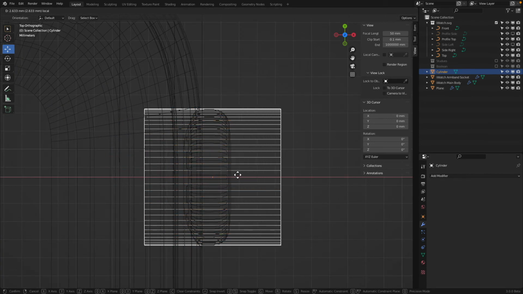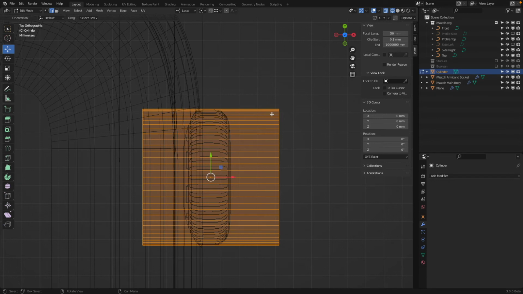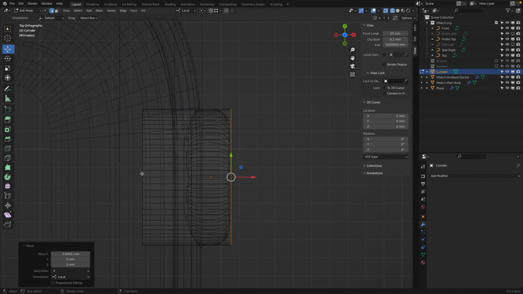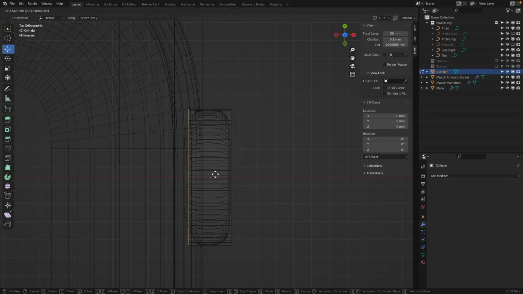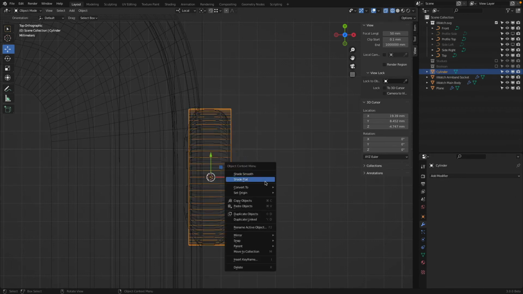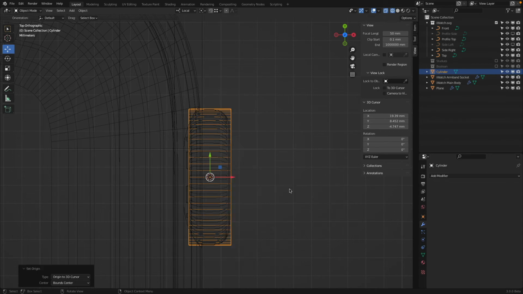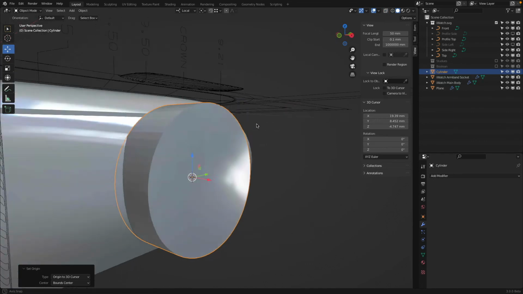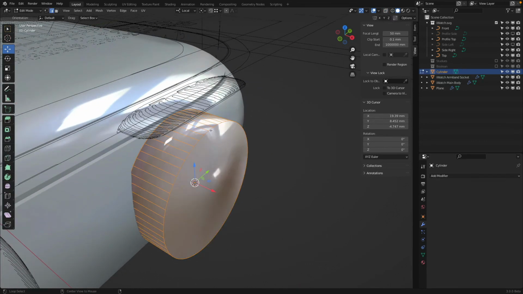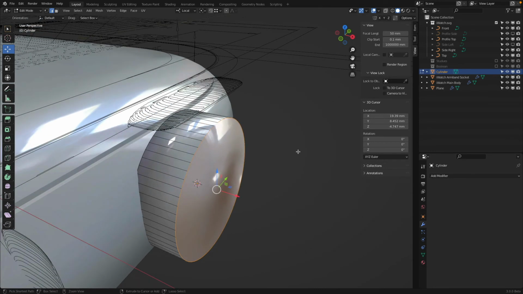In object mode here, bring this over more to there. AA, B over this, bring this over. Alt click there, bring this over. Select everything, Shift S, cursor to selected. You see the center point is somewhere else. Tab to go into object mode, right click and 3D cursor. Okay, good. So right click, shade smooth, and I will just go into edit mode, select this edge, Control B,